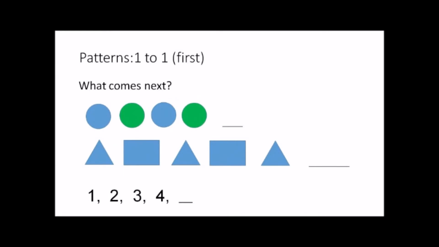What comes next? You see you have the same shape, circle, but different colors, so just use 1 attribute. You have the shapes, different shapes, but you're using 1 attribute for that. And then the numbers, you're going up by 1: 1, 2, 3, 4 to find the next number. Okay, so this is what I mean by starting 1 to 1 before you get